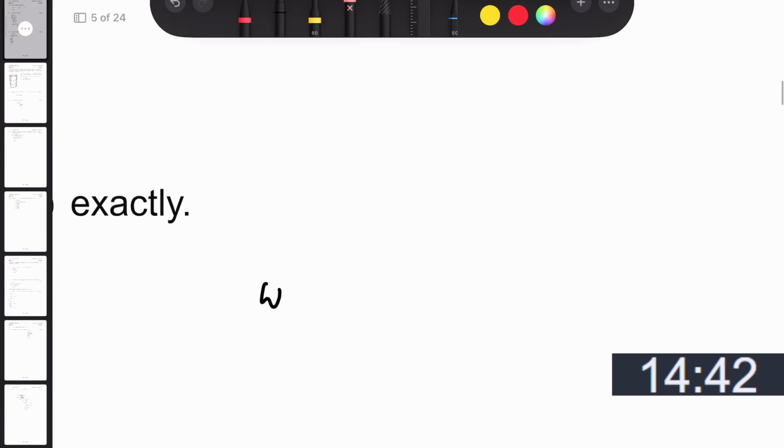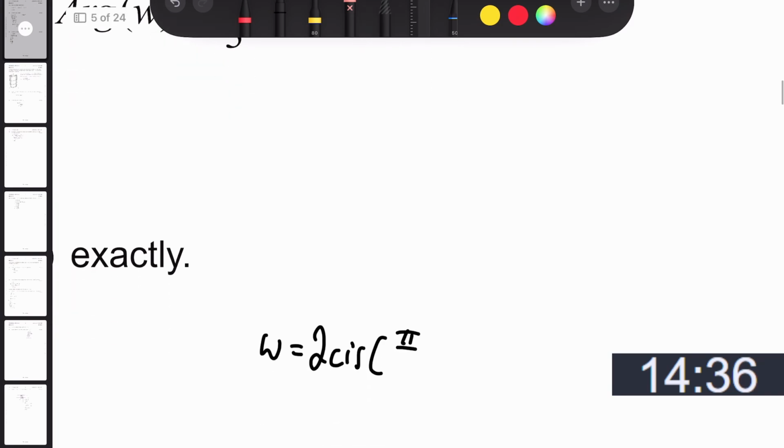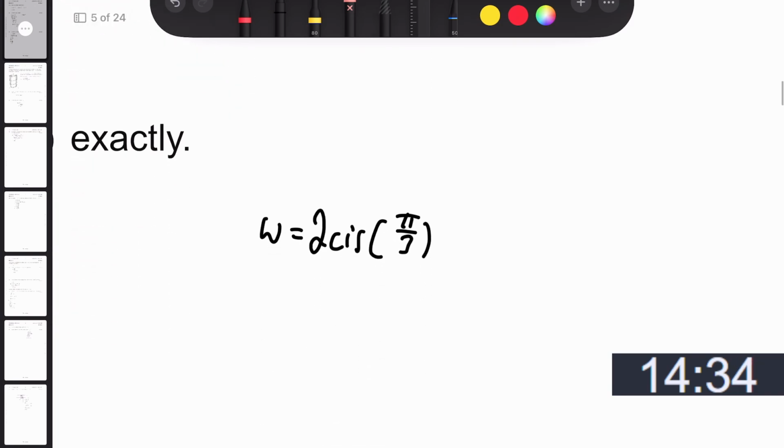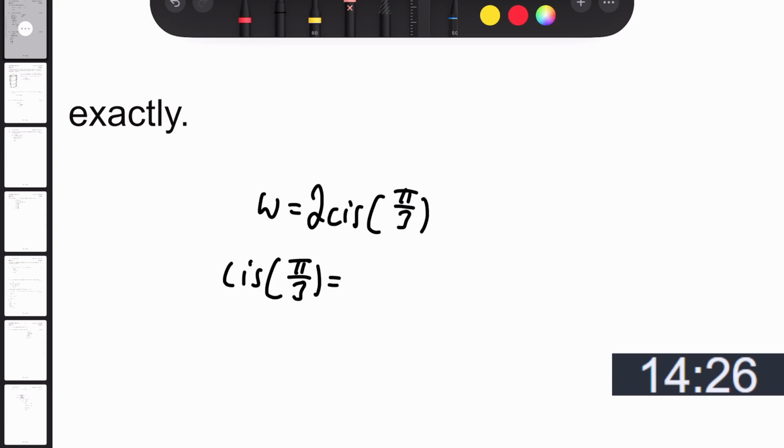So w is equal to 2 cis of pi over 3. Cis of pi over 3 is going to be equal to cis of pi over 2 plus some theta, and theta must equal then